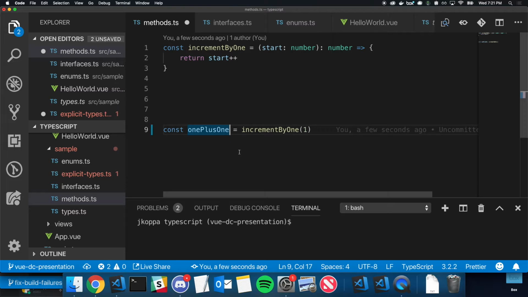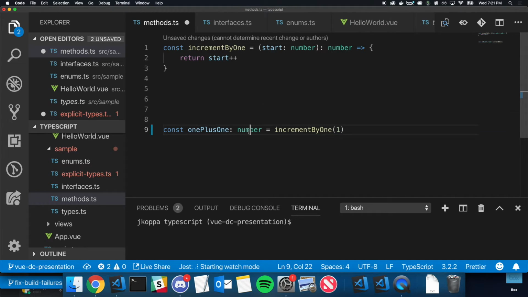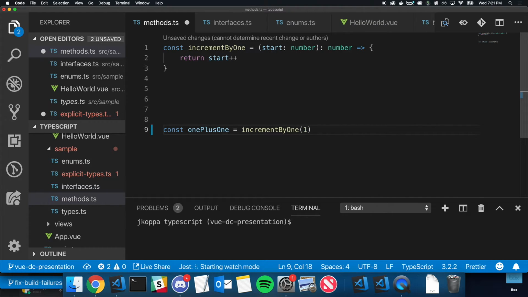A good rule of thumb when you're starting is to make sure you understand what the types of things are. So you can over annotate. I'd say that's fine. You can say, okay, while I'm thinking about this, I know this needs to be a number, so let's just get it out of the way early. But as you're going forward, you can do the exact same amount of error catching when you recognize, oh, TypeScript is going to know in this case. There's nothing complicated about this. There's no uncertainty. And so to save time and make it slightly more concise with the exact same amount of type safety, I would write this way.